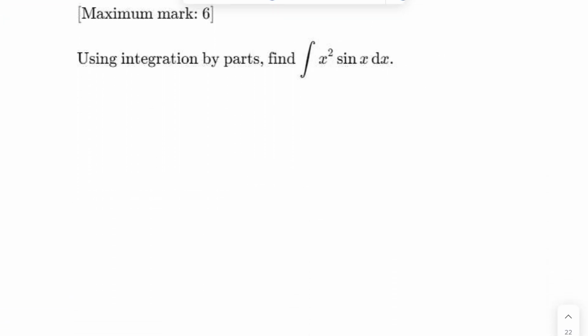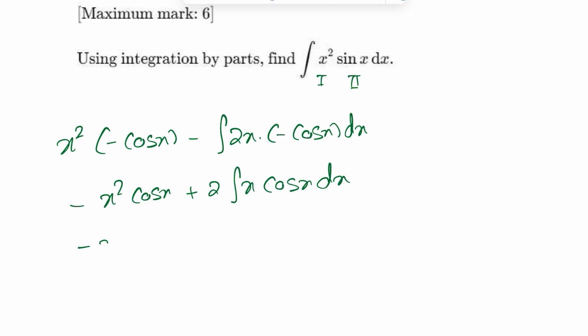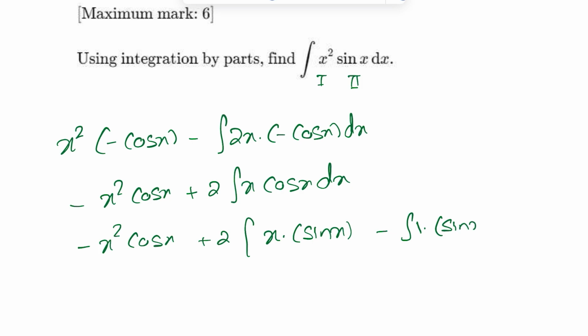Last question, question number 45. Do integration by parts: x² sin x. So this is my first function, and this is the second function. First function times the integral of the second function, minus the integral of the derivative of the first function times the integral of the second function. Then it becomes minus x² cos x plus 2 times the integral of x cos x dx. Now it becomes negative x² cos x plus 2, again first function times integral of second function, minus the integral of the derivative of first times integral of second function dx,